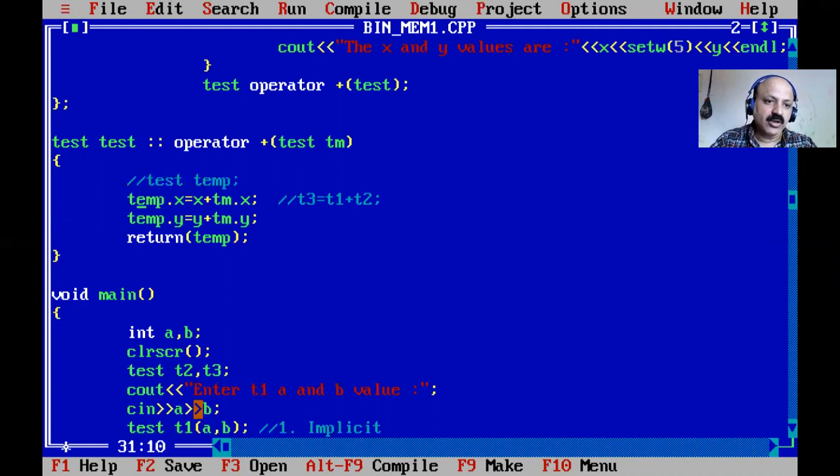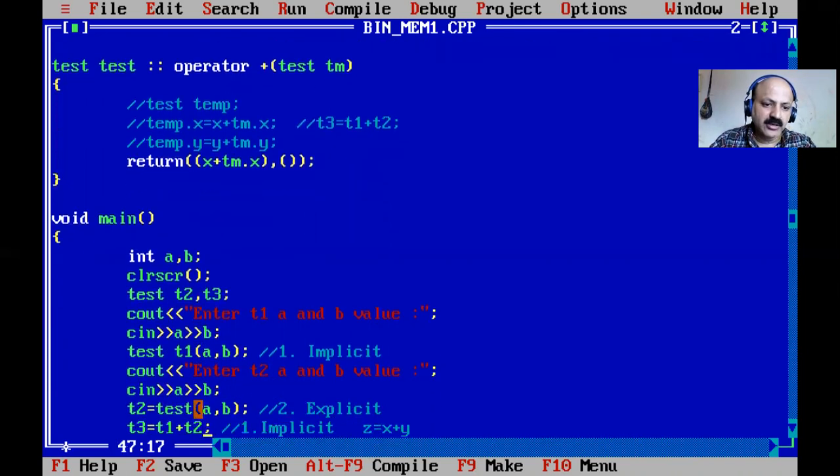Here I write all the statements as a comment, and write the same directly with a nameless object. That concept is the nameless object. Here we pass to the two-parameterized constructor, and it is called automatically. So we compute the sum like x plus tm dot x. The first argument is considered in the nameless object and assigned to t3, because it is a return statement that works directly and is directly assigned to t3. That is the concise technique.